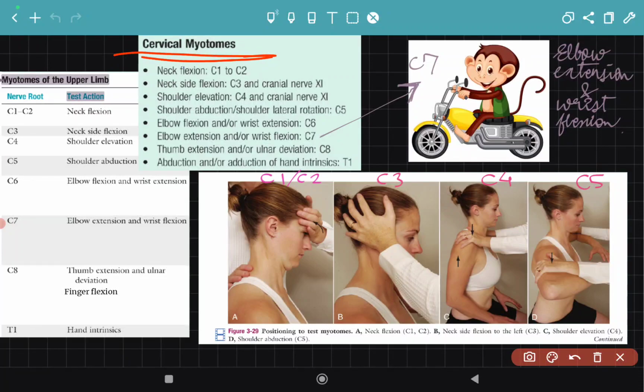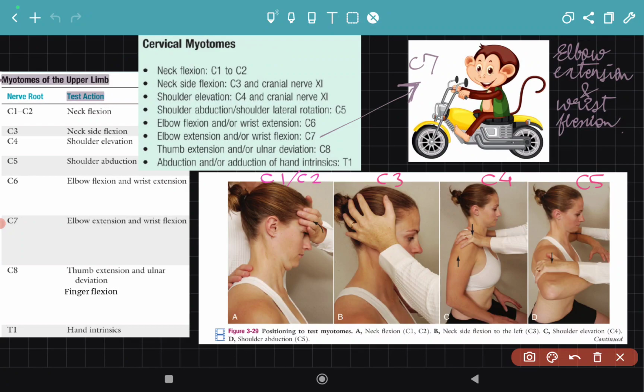Initially we have cervical myotomes. If there is weakness in any part of the body, in any of the limbs, upper limb, lower limb, right, left, or the cervical portion, that is the neck, then we can conclude that those myotomes are involved, because of disc pathology, the nerve is getting entrapped. If it is the sensory component, then dermatomes will be involved. But here, if weakness is the presenting symptom in the patient, which can be seen,